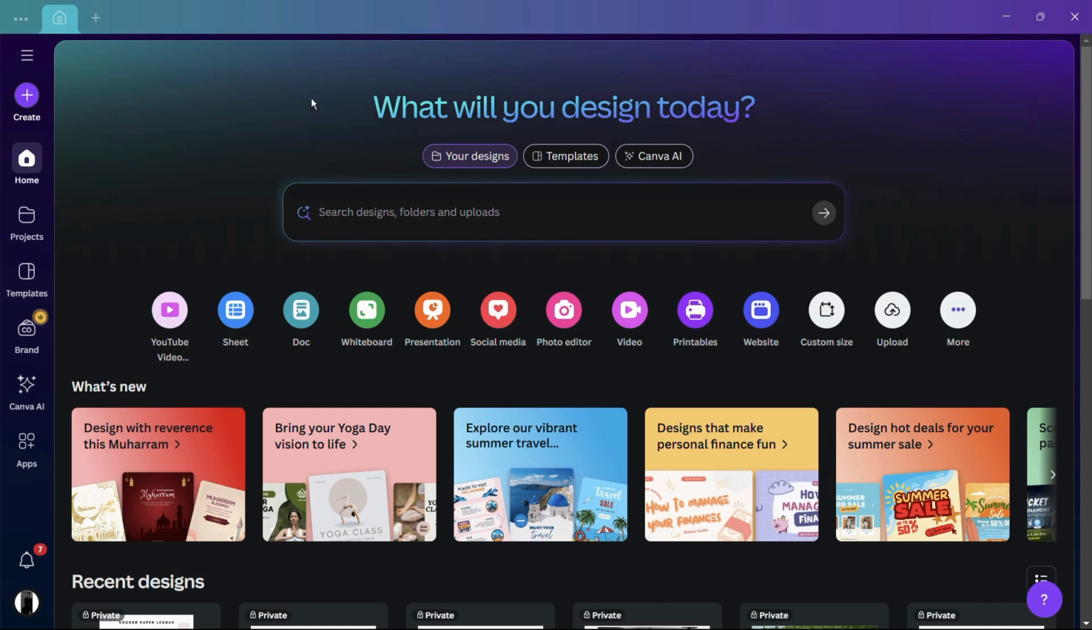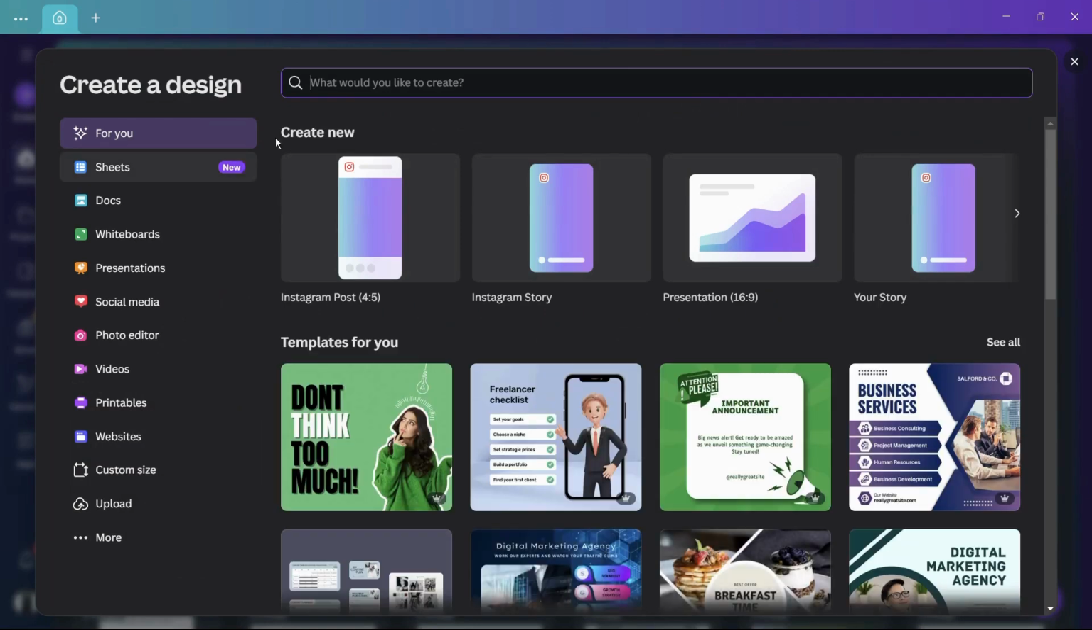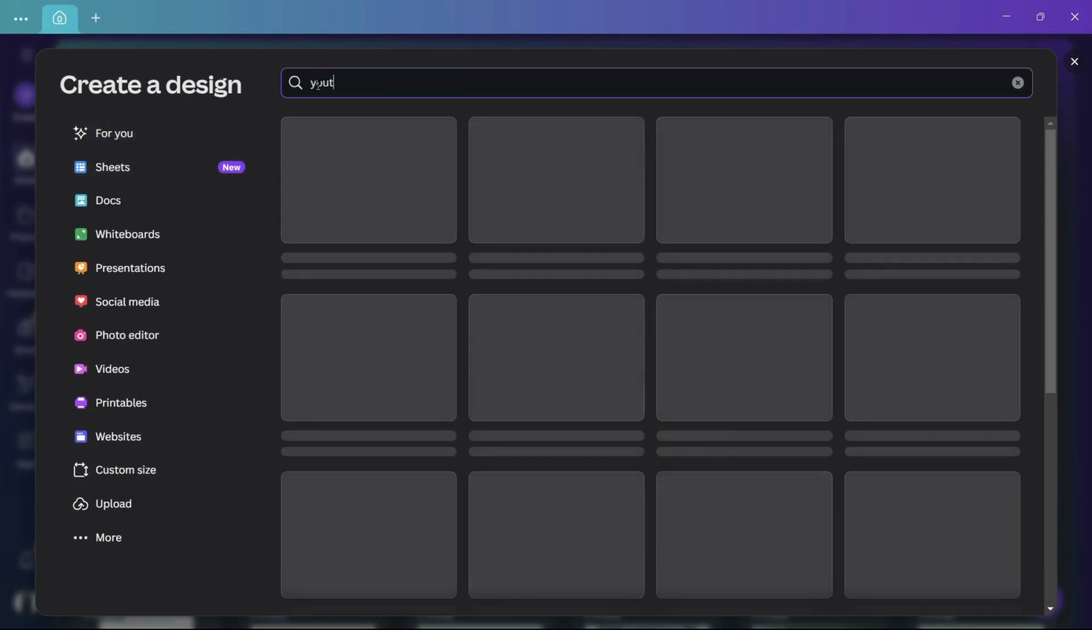So in order to start, the first thing that you will need to do is create a YouTube thumbnail design. In order to create a design, you can either click on this create button right here over the left, or you may also choose to click on this plus icon at the top. So for example, let me click on this create button and then you can search for YouTube or any other